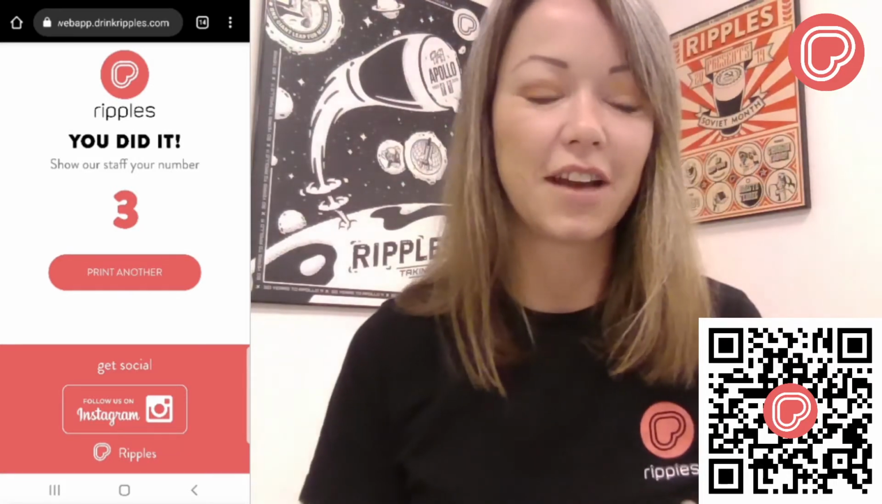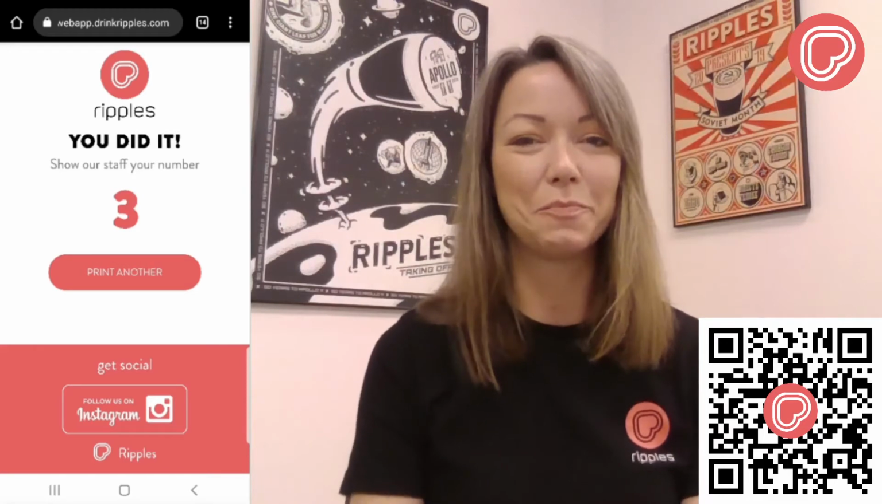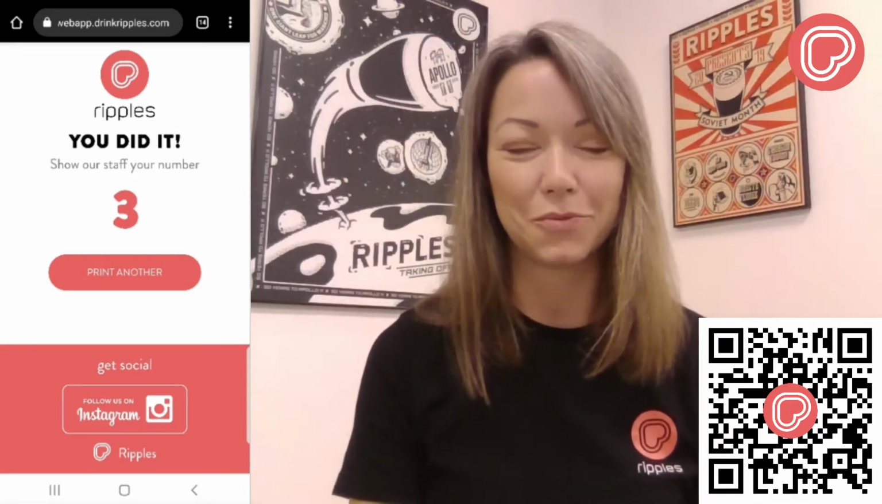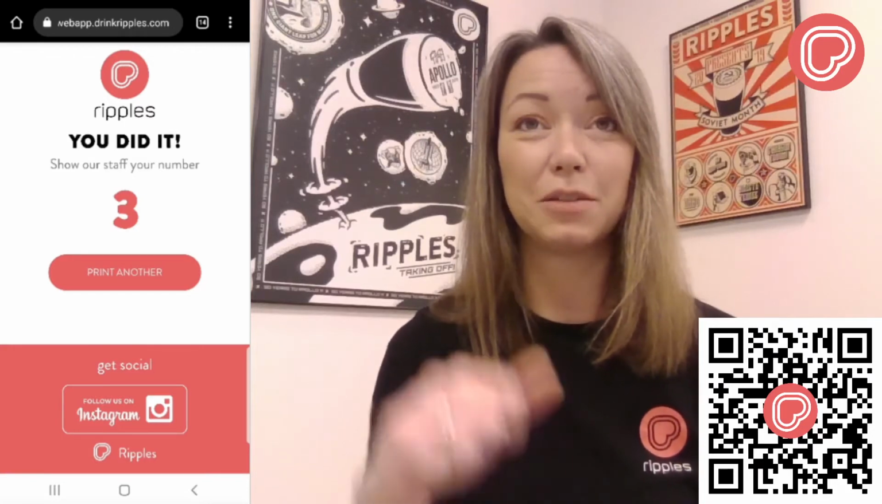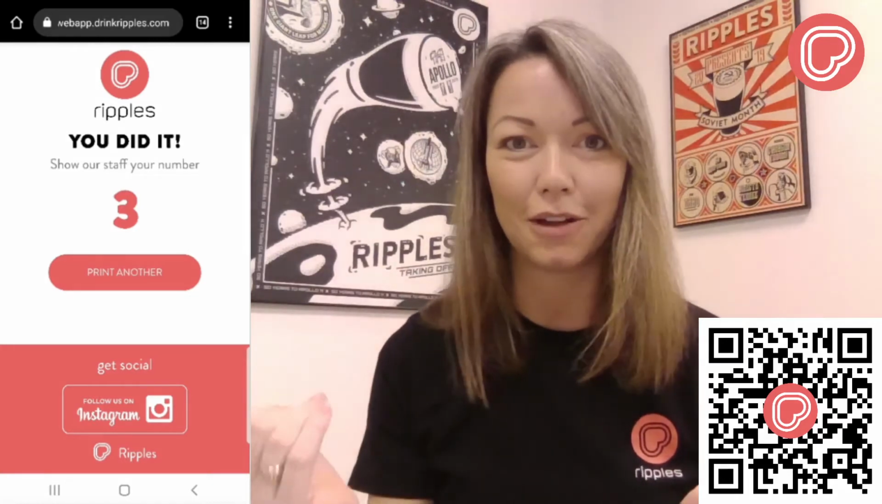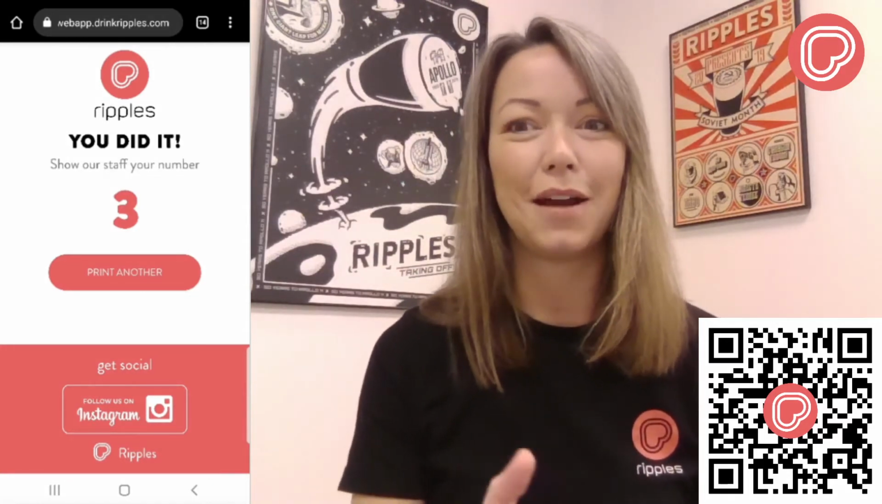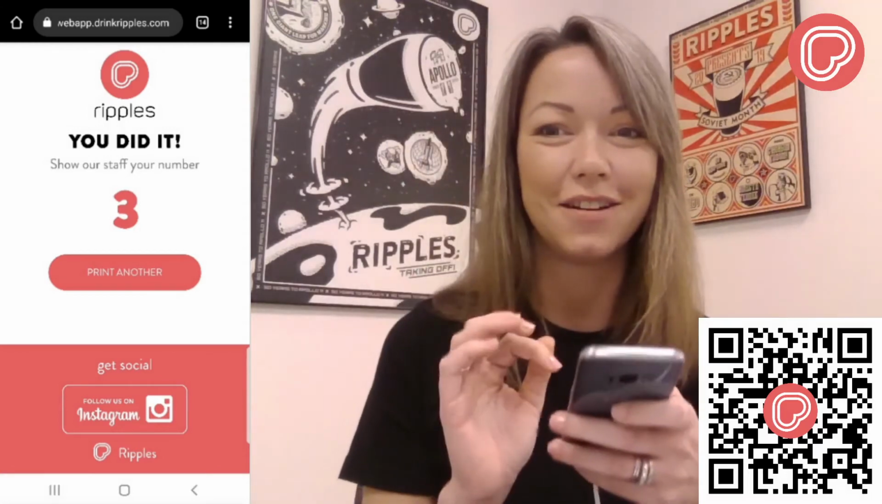Absolutely. So there's actually a customer not too far from here who created some posters with their Ripples web app QR code right on it. And they actually placed the poster in the front of the line. So they always have quite a long line at this location. And by the time they get in line, they scan the QR code, they create their image, they send it